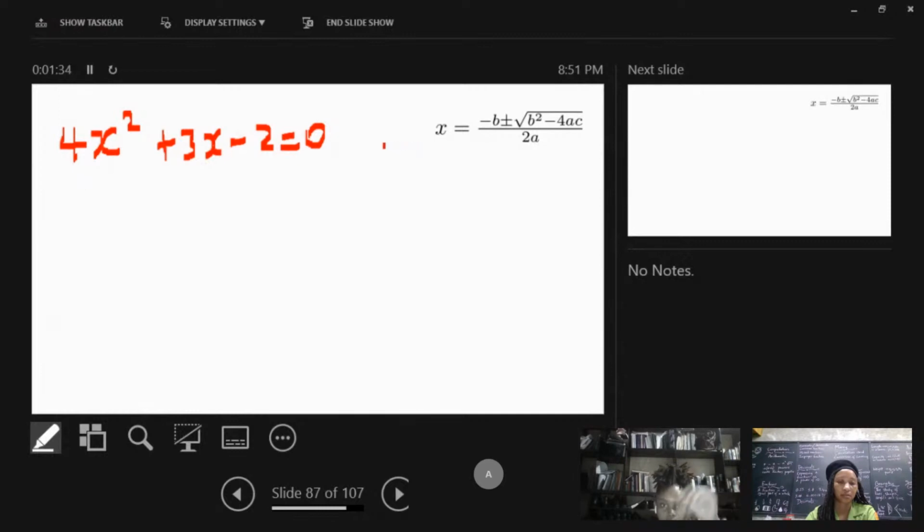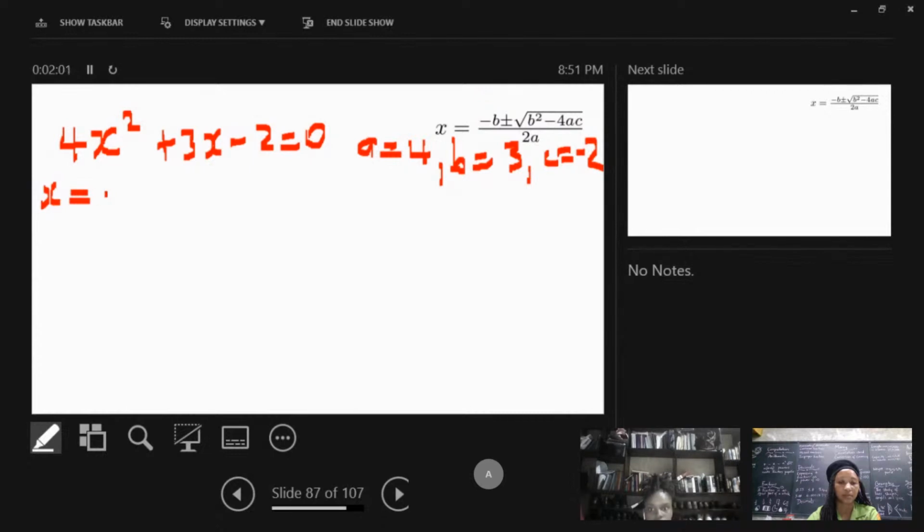So a would equal 4, b would equal 3, and c would equal -2. All right. So now we're going to plug in the values into the equation. So x equals